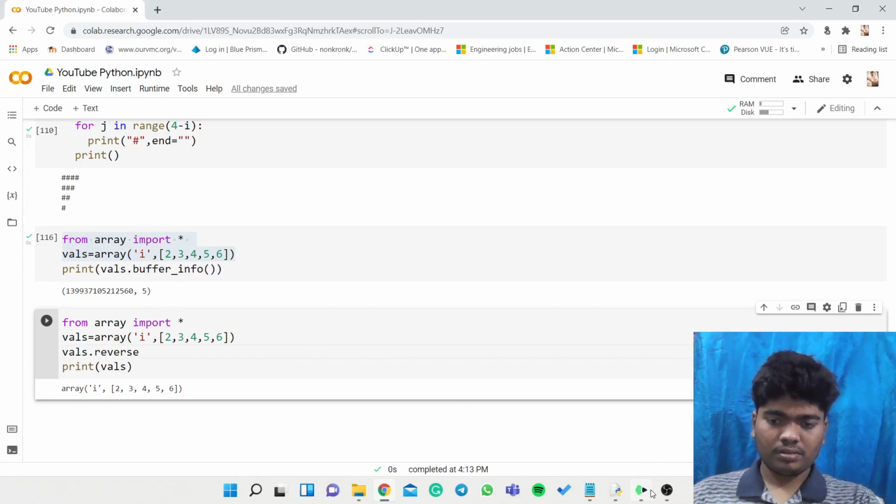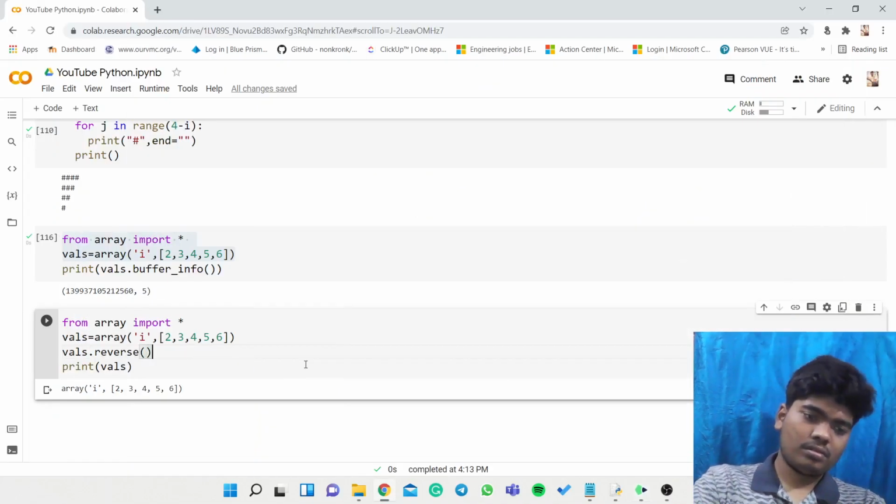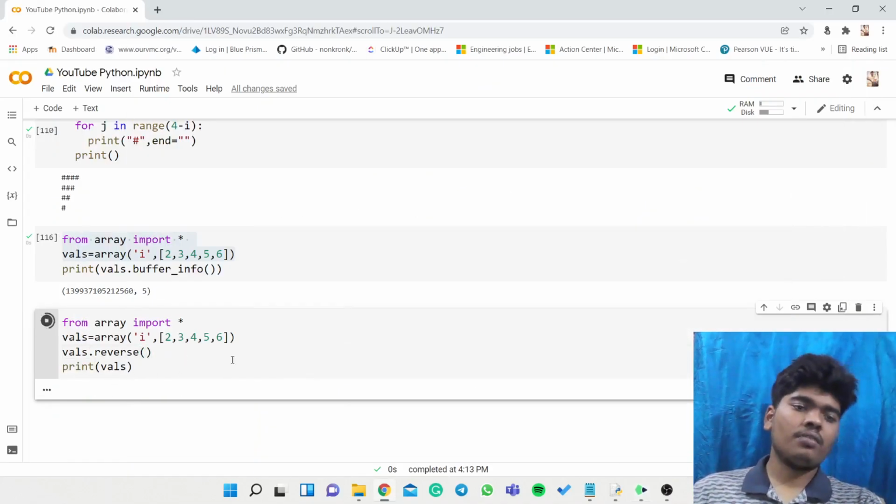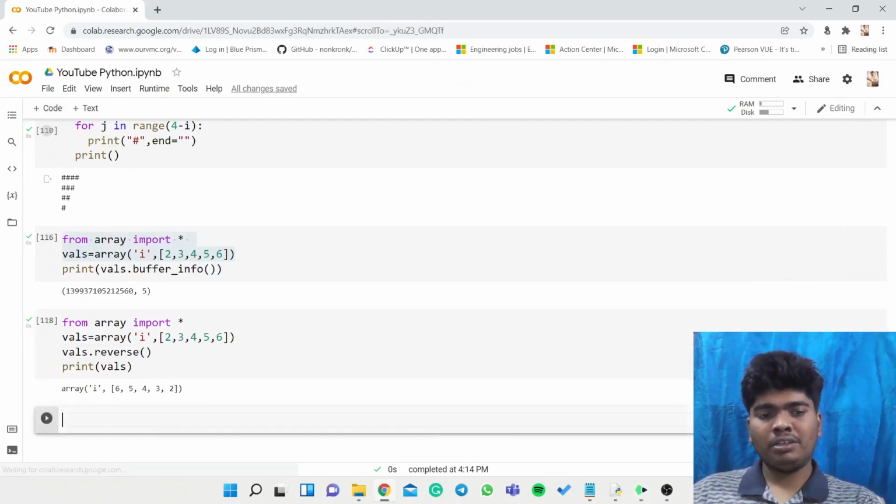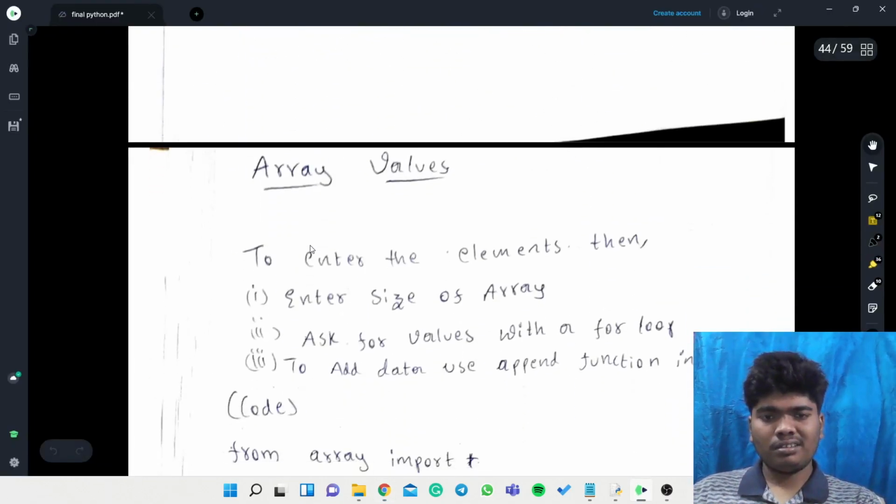As this is a function, we need to mention it with a bracket. So it is giving the reverse value, and then the remaining ones are array values.